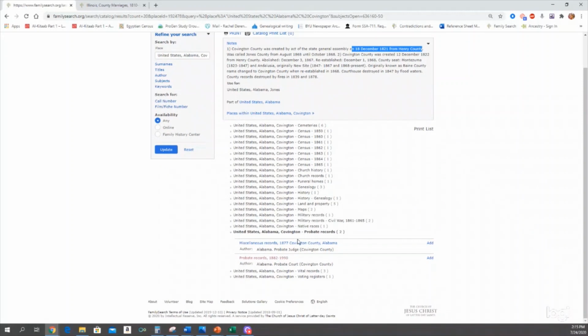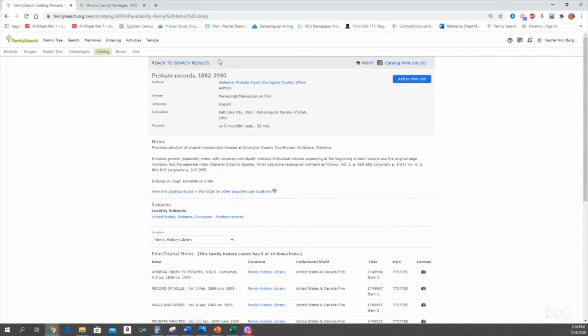And you'll come here, and I want you to imagine we've gone into the library, and now we're in the Covington County section of the library, and we're looking at some section headings within Covington County. And you can see here it has the author. So actually think of these as books you're pulling off the shelf. So you have an author, which is Alabama probate judge. Okay, so these are the original records sitting in the courthouse. And this only has 1877, and I'm looking for after 1906, so I'm not going to click on that. But this has the time range that I want, so we're going to click there.